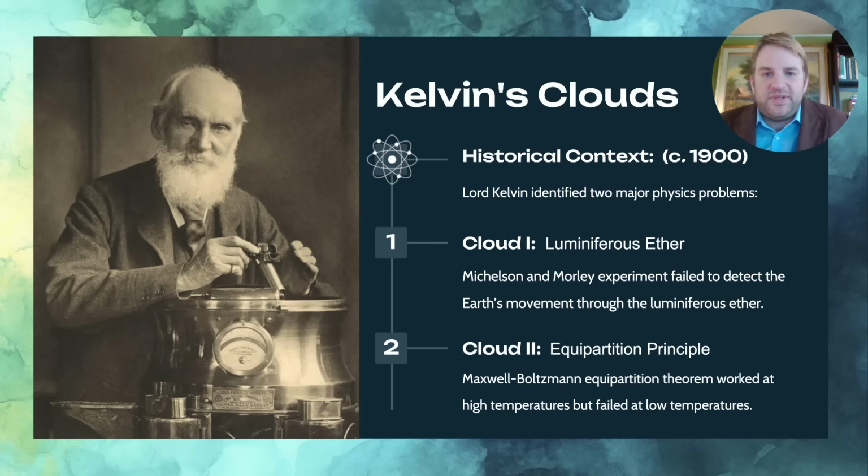The book begins in Chapter 1 with an overview of quantum mechanics, starting in the year 1900 when Lord Kelvin delivered an address to the Royal Institution outlining two major problems he saw in physics. He described these metaphorically as clouds hanging over the horizon of physics, which he felt obscured the beauty and clearness of the dynamical theory, so to speak. The first cloud was that of the luminiferous ether.